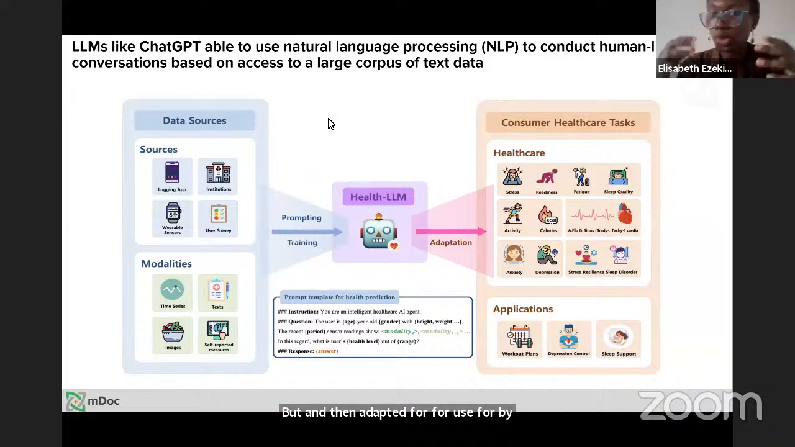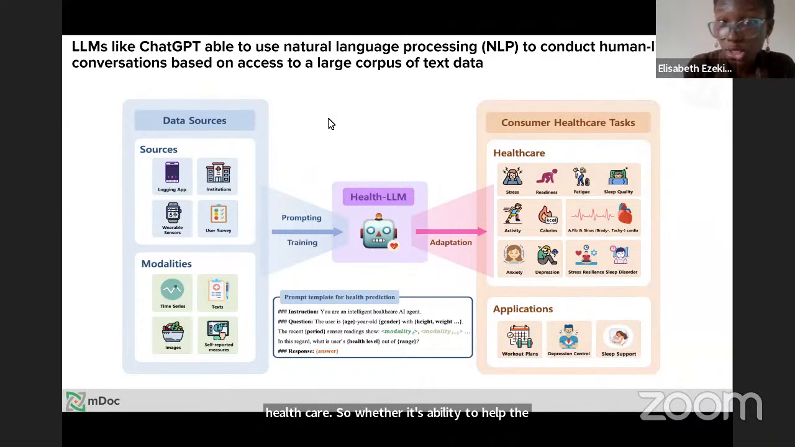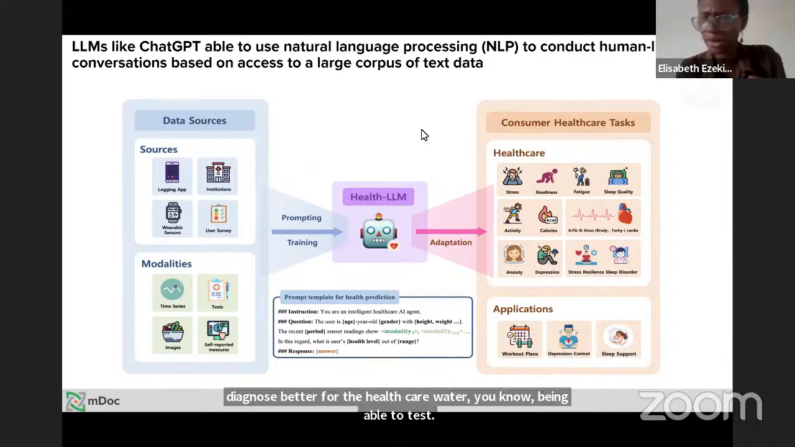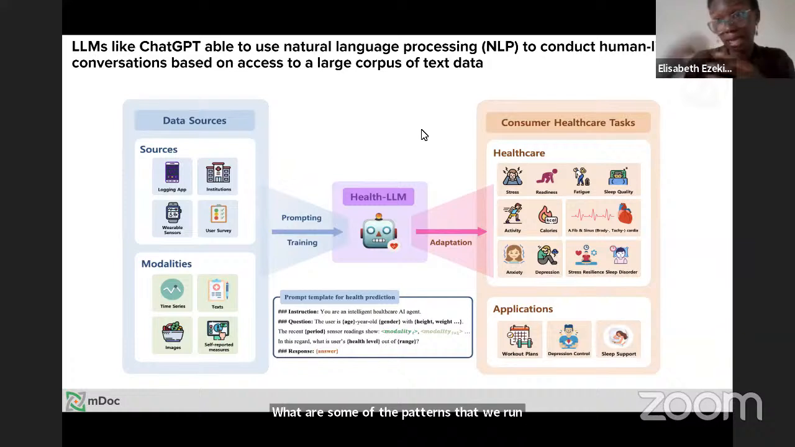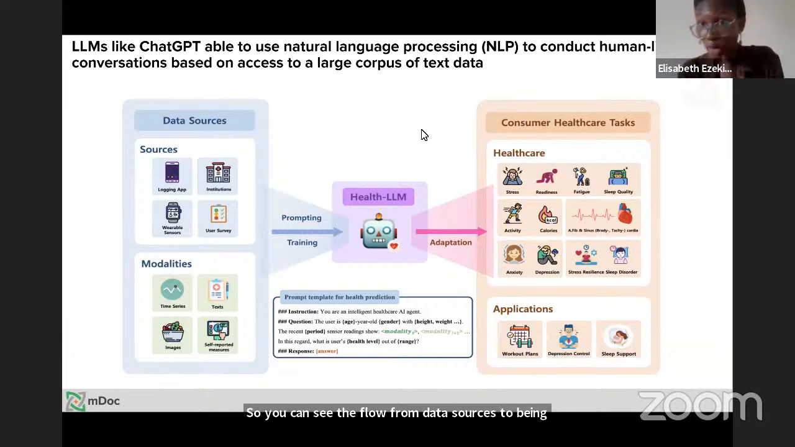So whether in its ability to help the user sleep better, like we can see on the screen, or with physical activity or exercise, for example walking, or being able to help a healthcare worker diagnose more accurately or better by testing what some of the patterns are, right? And then we have applications that can be used by people. So you can see the flow from data sources to being fed into training models that are trained with this data,